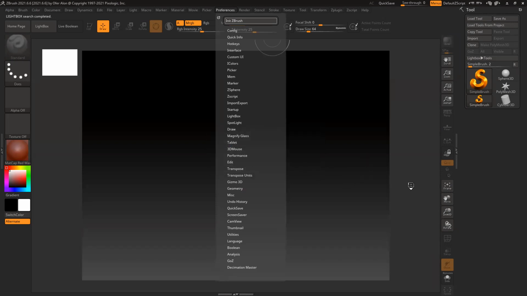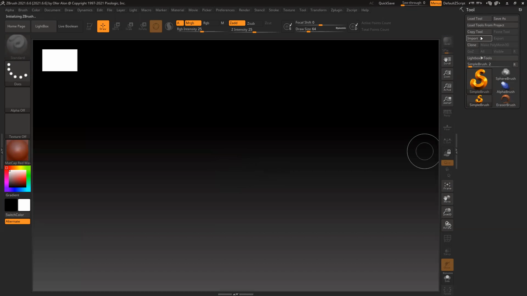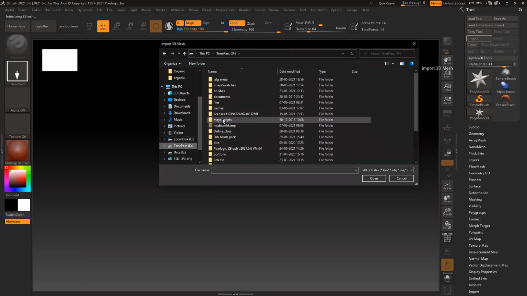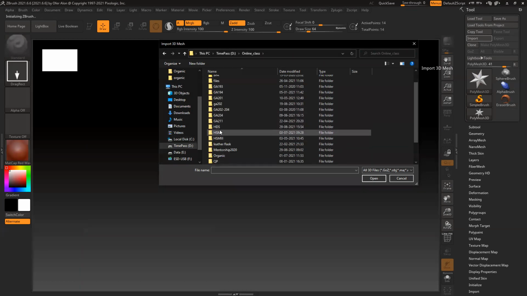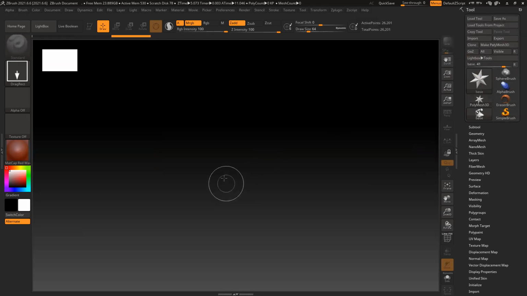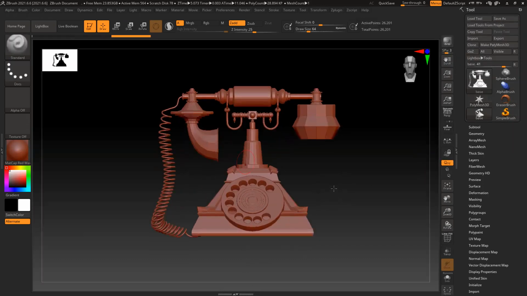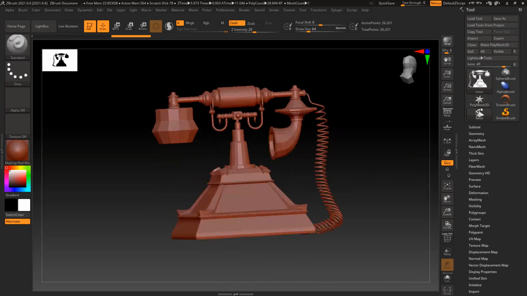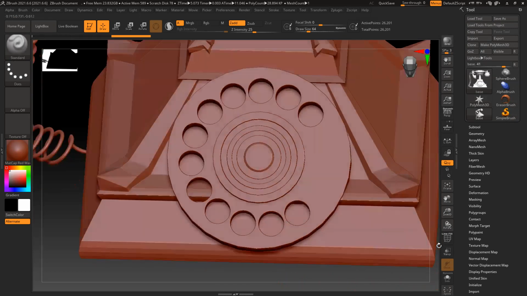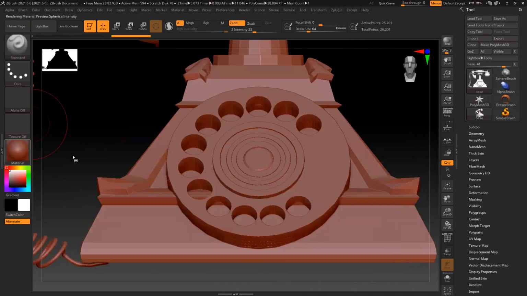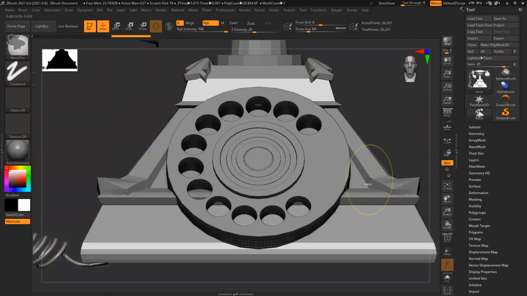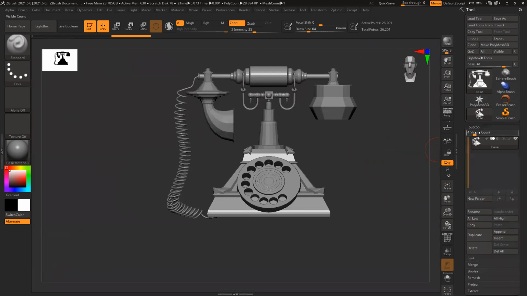So initialize, just to make the screen bigger and everything. Import. Model, import. You see, it will ask to quad everything. Okay. So my basic model, you can see it retained the shape, right? It's completely clean, no problem at all. And document range, and make it gray. So now my basic shape is ready.